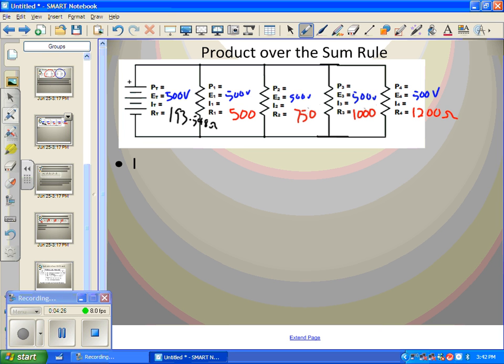ohms. So if we divide 500, now let me give you an example how this calculator works out so neat. Now I've got this resistance in here, but I want to divide by that, not use it first, right? So I'm going to put in 500 and ignore it. And I'm going to put in divide by, and now I'm going to put in second function, answer, enter, for equals. And I get 2.583333333333. So my current here is 2.58